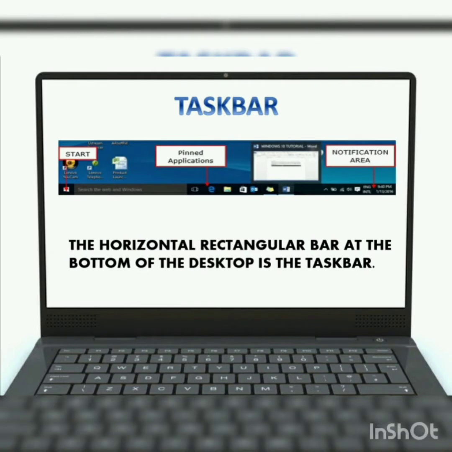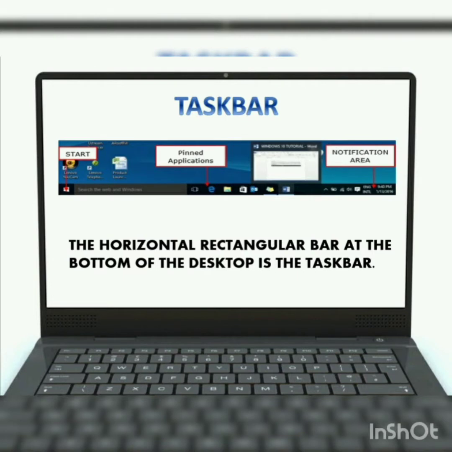Kids, the Windows 10 taskbar sits at the bottom of the screen and you are able to see the picture of a taskbar here. In this taskbar, on the very right corner, it shows the notification area, which informs the user of the computer system about different things such as the internet connection or the charge of the laptop battery, etc. And in the very left corner it shows the start button.